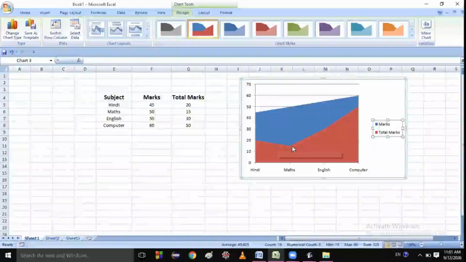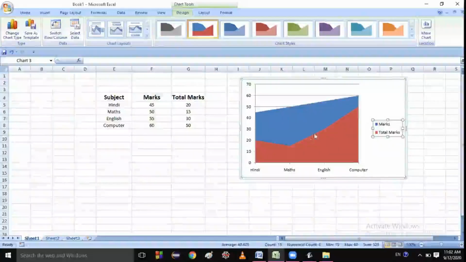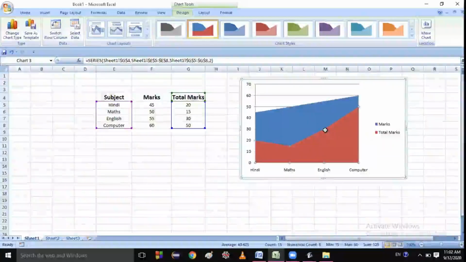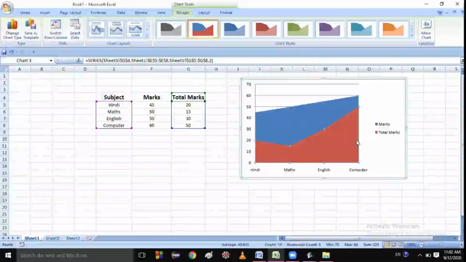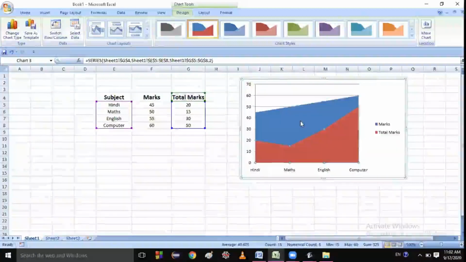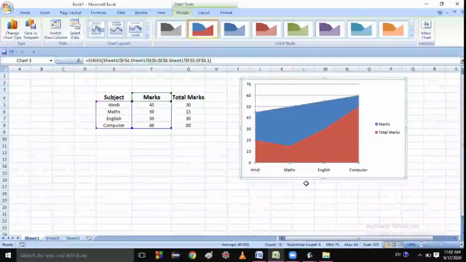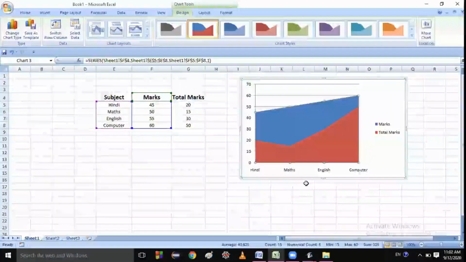then it decreases to 15. Then it increases. Just click here. You can see the data like this at this point. So this is 30 and this is 50. You just see the data. So basically this is cover. If you cover the area, that becomes the area chart. That's it. No big differences between area chart and line chart.